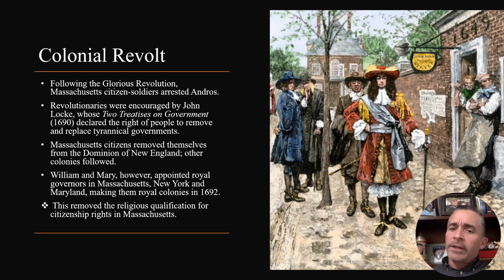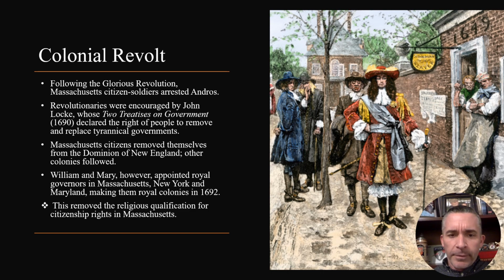And in his two treatises on government, which was published in 1690, he said that the people, including the colonists, had the right to remove and replace tyrannical governments, which Edmund Andros clearly was. There's a picture of Edmund Andros and the angry Massachusetts citizens looking at him. He's in his fancy royal uniform there. So Massachusetts citizens had Andros arrested, and then they removed themselves from the dominion of New England, and so did